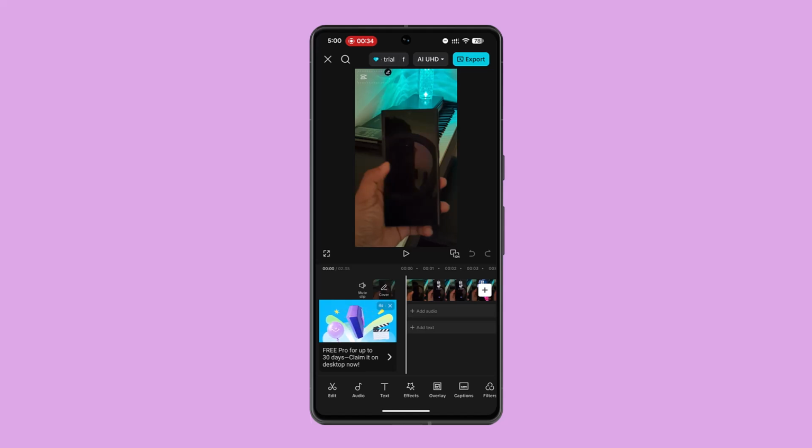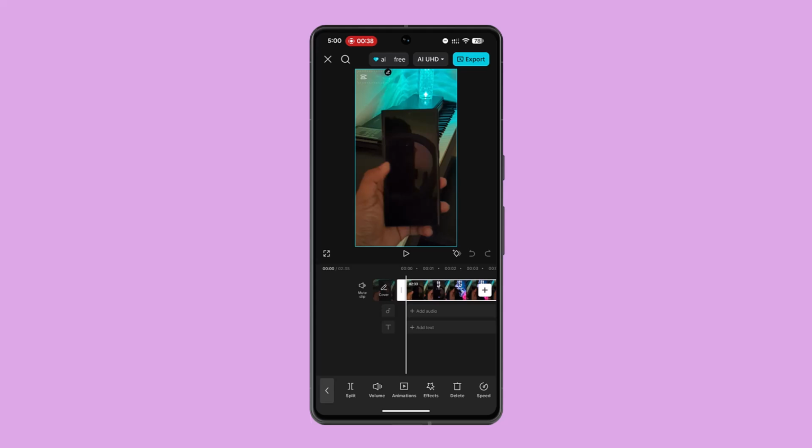Now what next you want to do is just tap the video clip in the timeline to reveal the bottom bar like this. Once you've done that, you want to scroll through the toolbar and select stabilize. So just want to do this stabilize section. Here it is. You press that, and what you need to do is just use a slider to